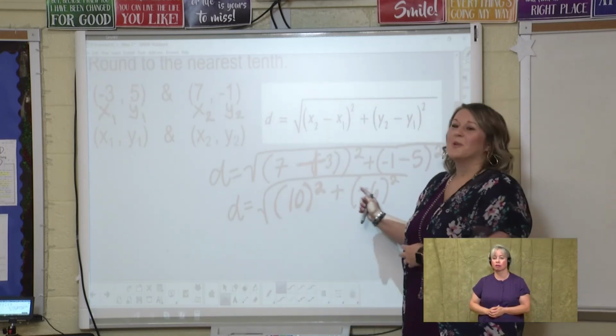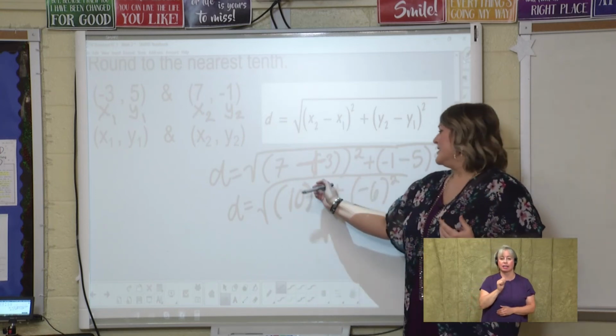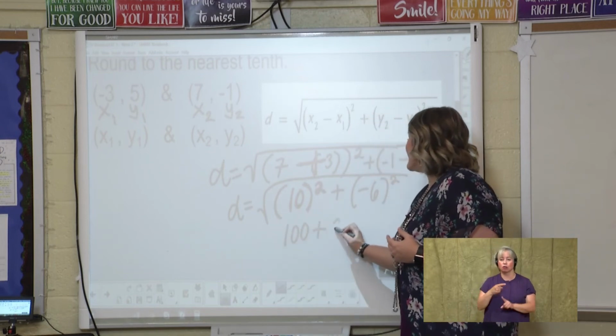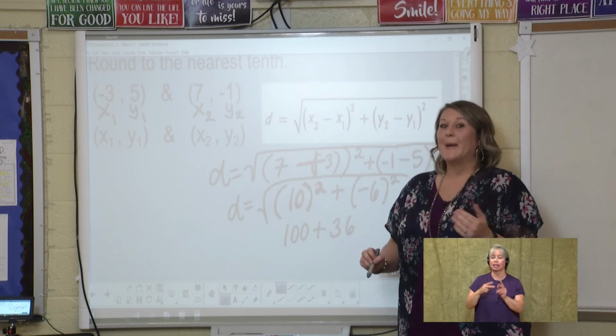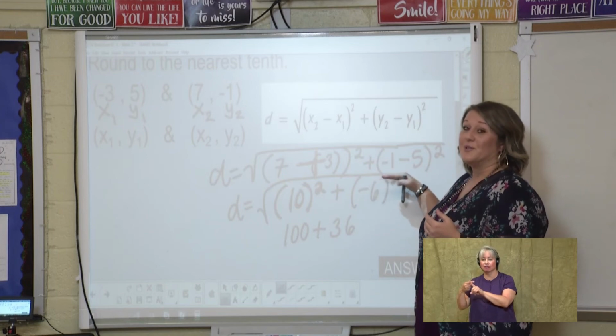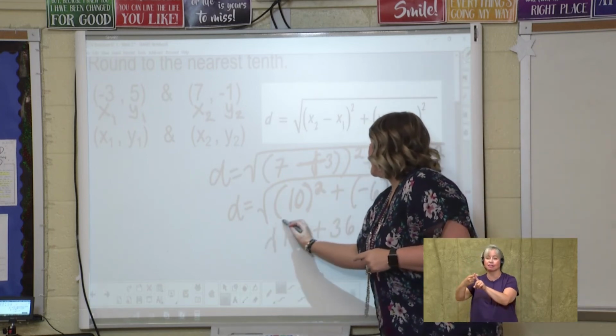This looks similar to what we had a while ago with our Pythagorean theorem. We had our sides, 6 and 10. So we need to square 10. That's 100. Square 6, negative 6, actually. But a negative times a negative is a positive. So no matter what's here, either a negative or a positive, when you square it, it's going to end in a positive. Okay? Now we add